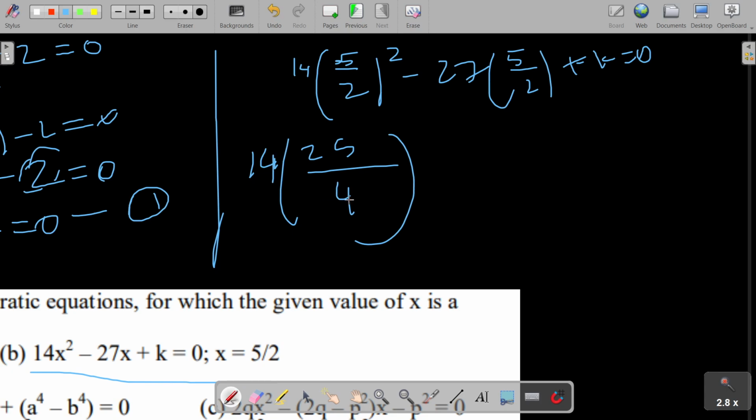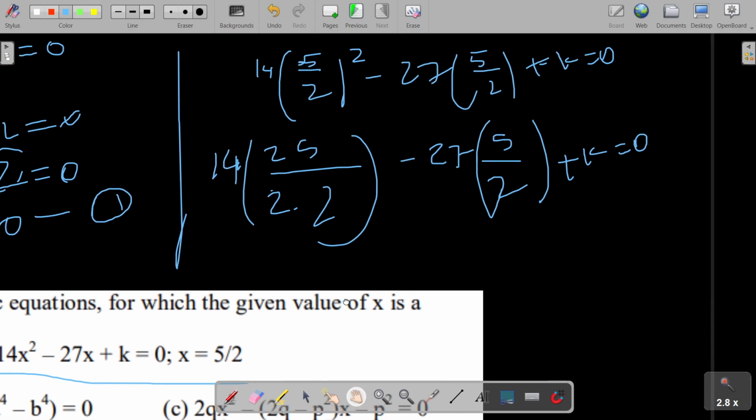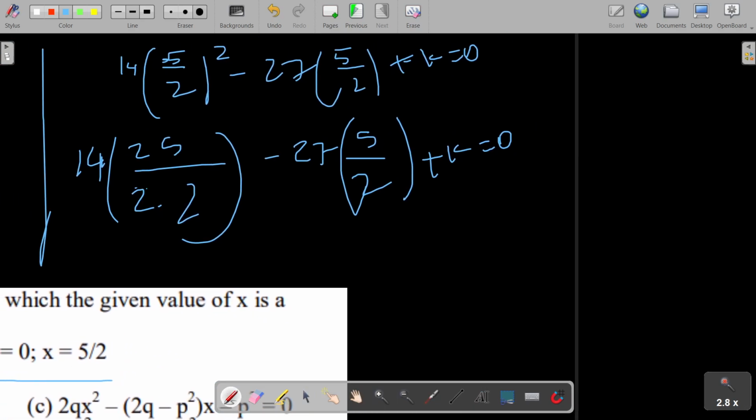Let me write 4 as 2 into 2. 2 times 2 minus 27 into 5 over 2 plus k is equal to 0. 2 ones are 2, 2 sevens are 14, and